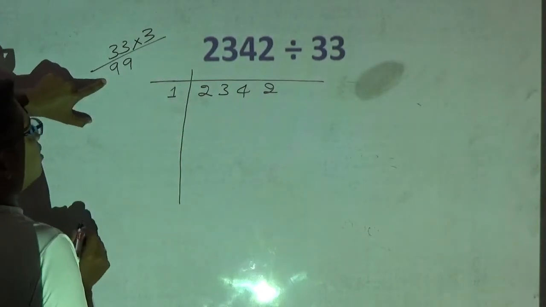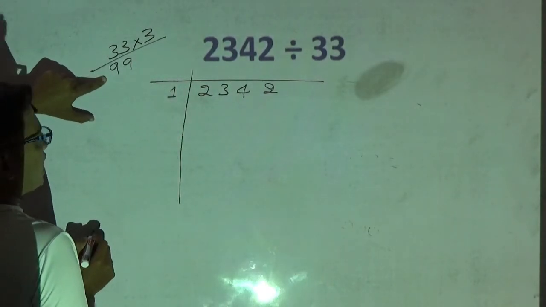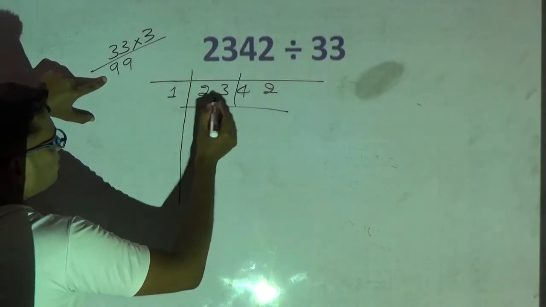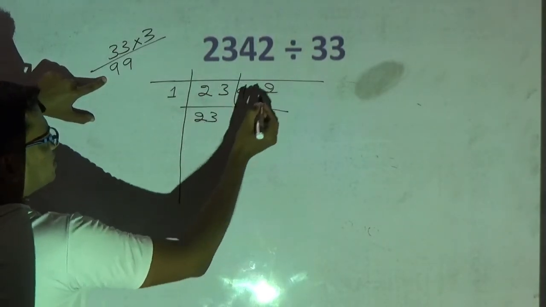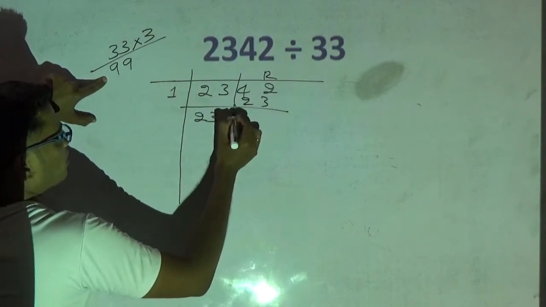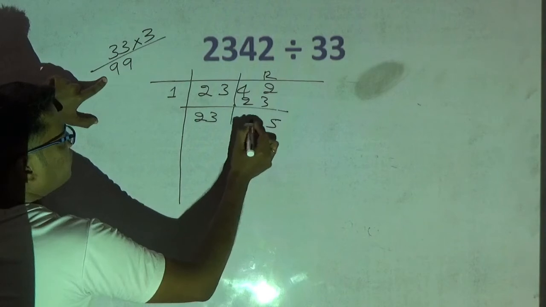Okay. So, now, base is 100. 100 has how many zeros? 2 zeros. Split 2 digits from your right side. First step is you have to write the leftmost digit as it is. This will be the remainder part. 23 1 times is 23. The remainder you are getting is 65.